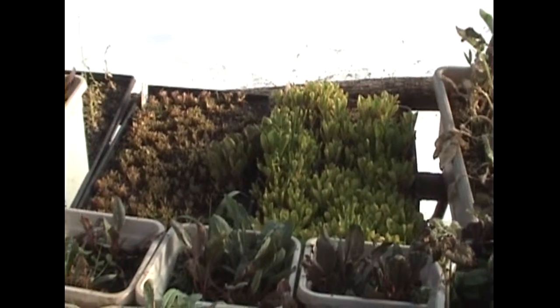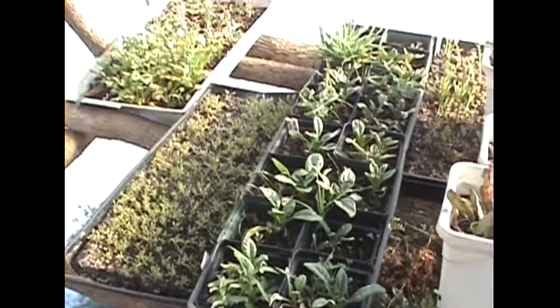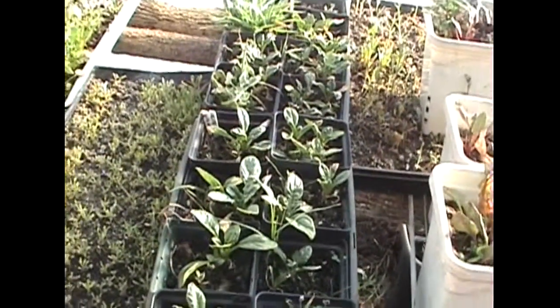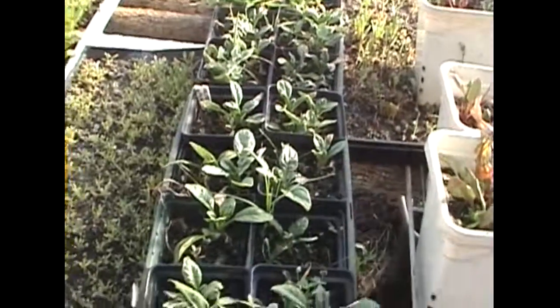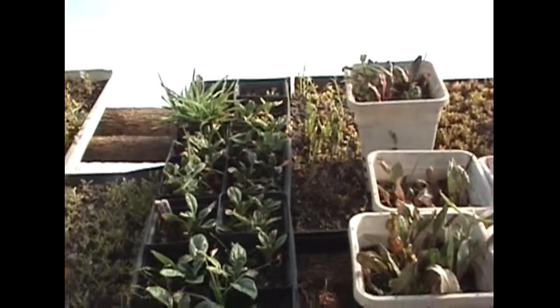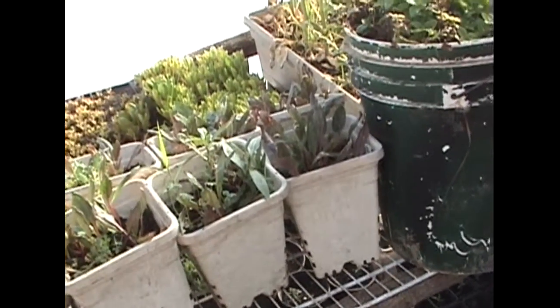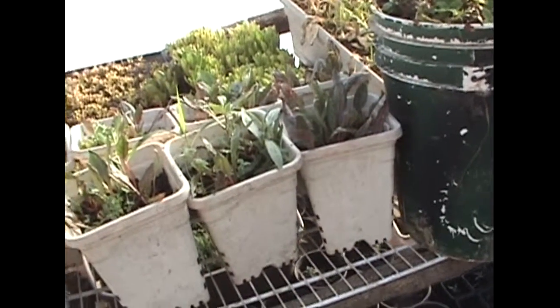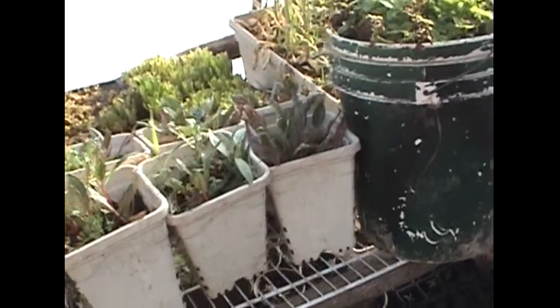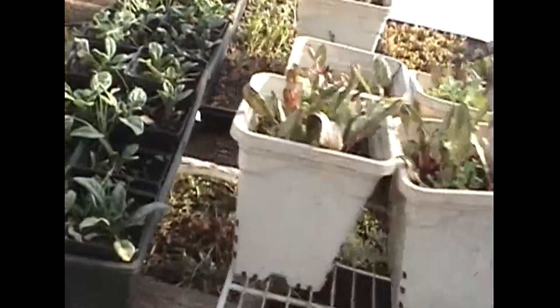Some of the lettuces came through. Most of them are drying out. Spinach did okay so far, but again, it's drying out on me between waterings. It's been hard in the last month or so to keep it stoked up for the overnight. You're up till 3 or 4 in the morning stoking, and then be out here first thing early, open up and vent some heat. So things took a little beating, but